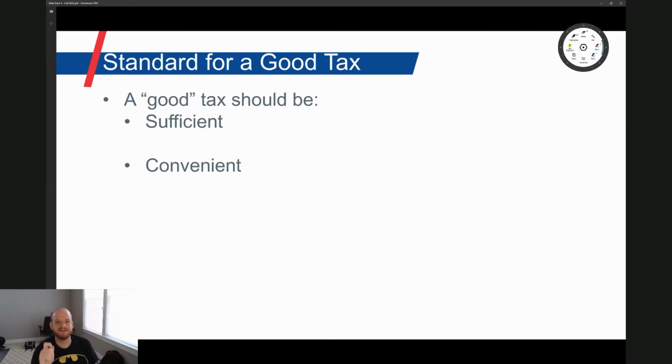right? A tax that is convenient should be convenient to both sides of this equation. The governmental body should have an easy time administering it, and the taxpayers should have an easy time complying with the tax, right? Now, a great example of a convenient tax was the sales tax. We said that the sales tax is very easy for the government to administer because the government doesn't even think about it, right? The retailers of goods and services are the ones that are collecting the sales tax at the point of sale, and they are remitting it to the government.